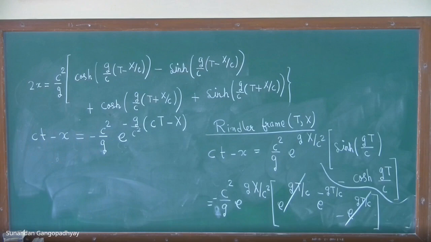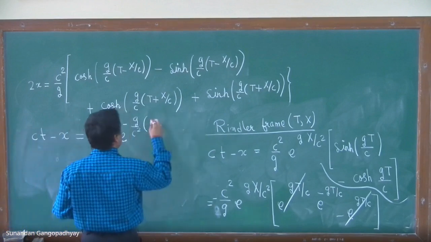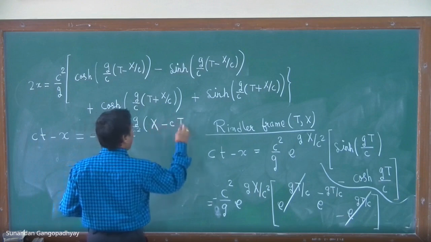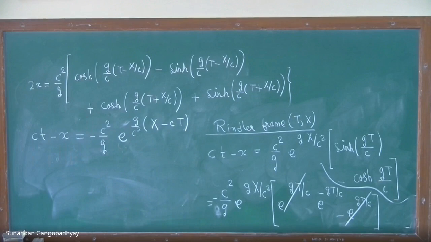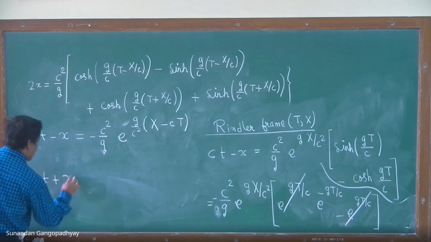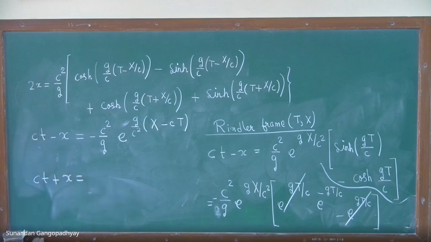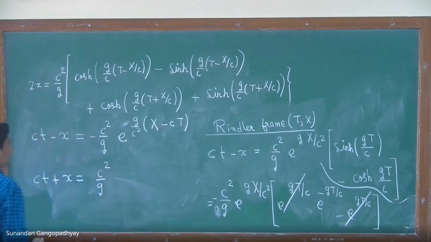I have written it down as, I don't know. Okay, so here I have written it down without the minus sign. Capital X minus this. And similarly, if you calculate this combination, which I am not calculating again, you can do it yourself. So ct plus x will be from the same equations. You can calculate this to be c square by g